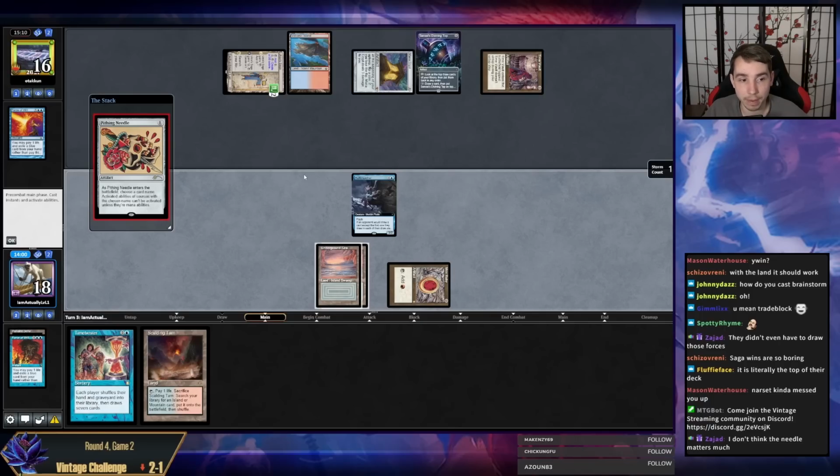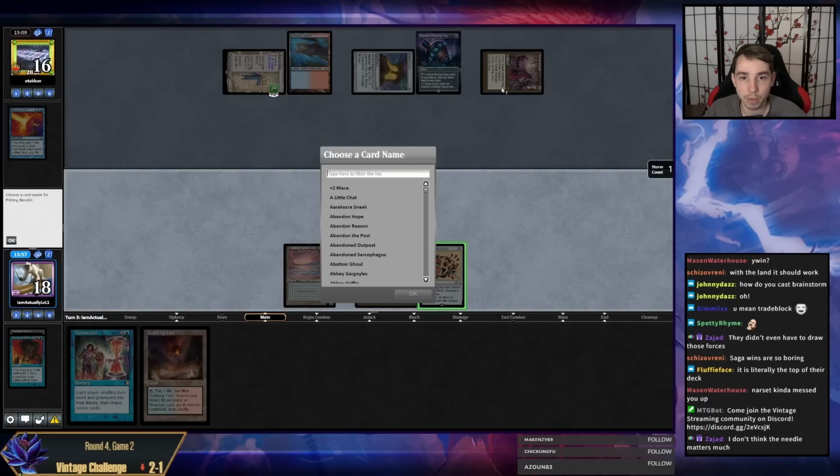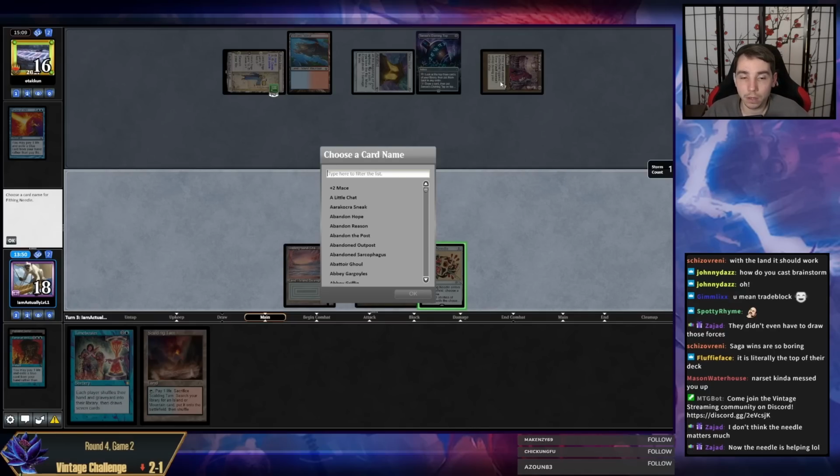I might not even win the game after a Time Twister. My opponent has Vault Key, so maybe I actually have to name Vault Key here. I wanted to name Sensei's Top, but I'm just going to name Manifold Key. That way I can keep playing the game after